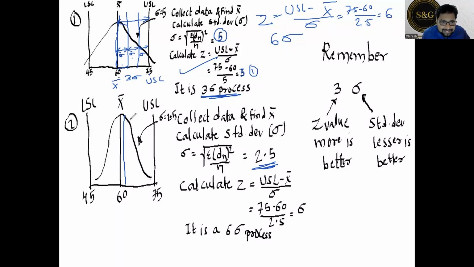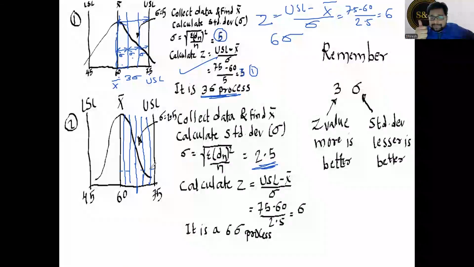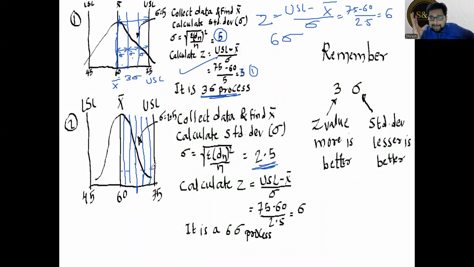So 1, 2, 3. Got it, everybody? 4, 5, and 6. Because my standard deviation is only 2.5, I can fit 6 standard deviations between my upper specification and my mean. It is called a 6 sigma process. Got it? Bulb-on, super bulb-on. Okay. Now,